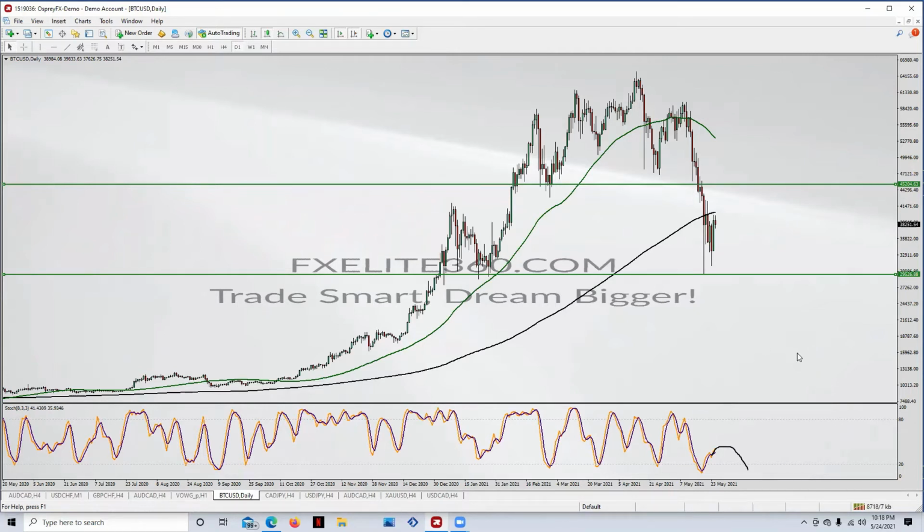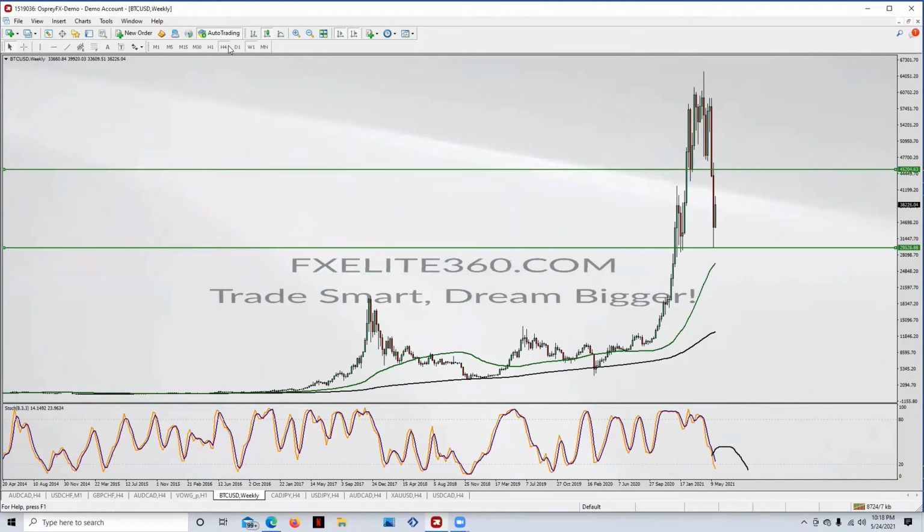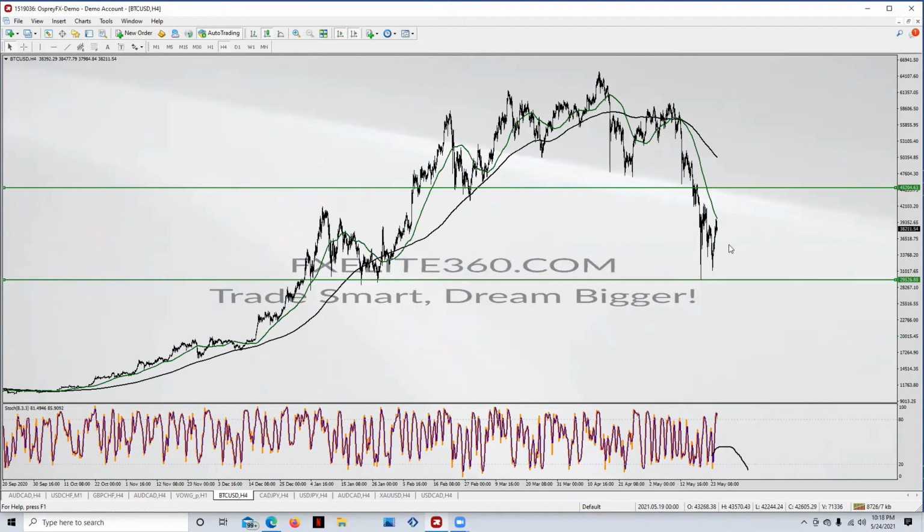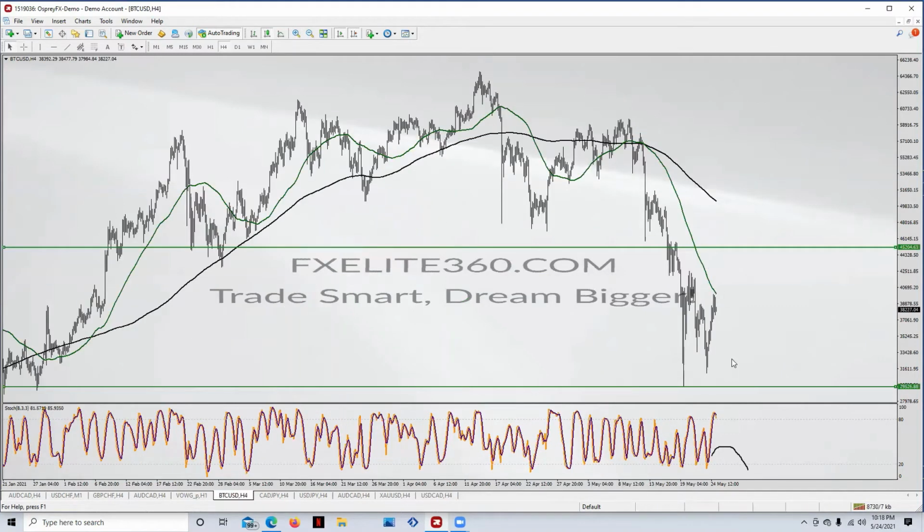So where would I be entering this trade? I would be entering this trade on the daily, as it would be a swing trade. Weekly would be a confirmation, and 4-hour would be another confirmation. I would enter on the daily because price could push even below my green level right over here. Very possible. That could happen. So this would be a daily entry for me, where I would get in and then just wait for price to come back all the way over here. This is just an analysis.